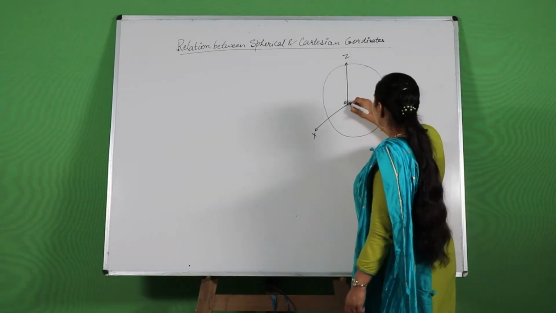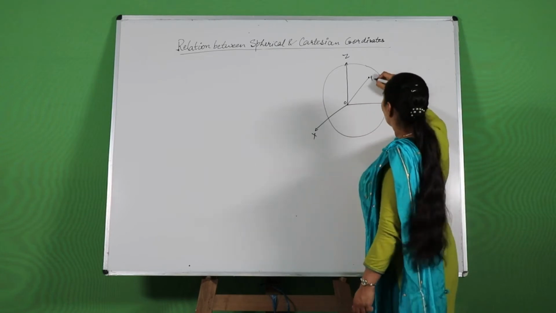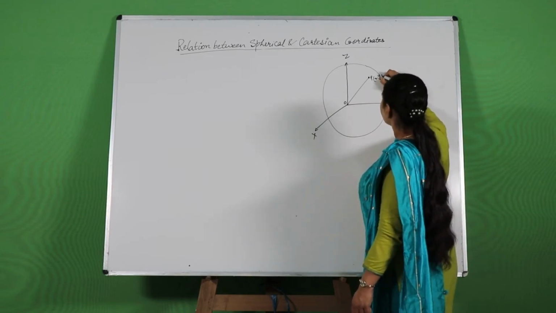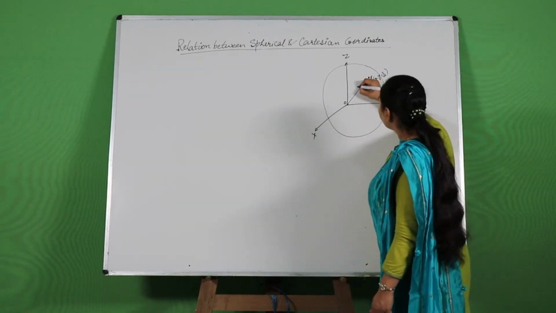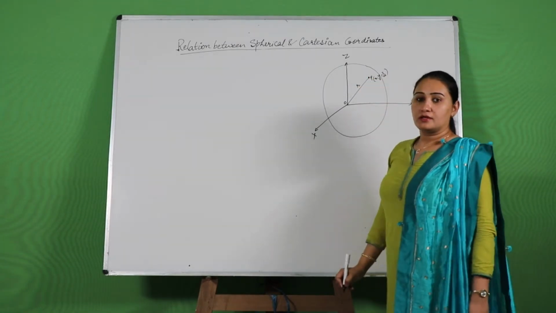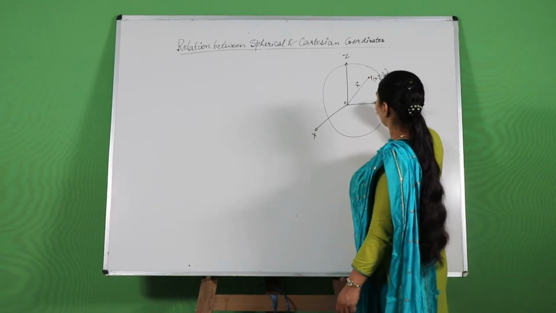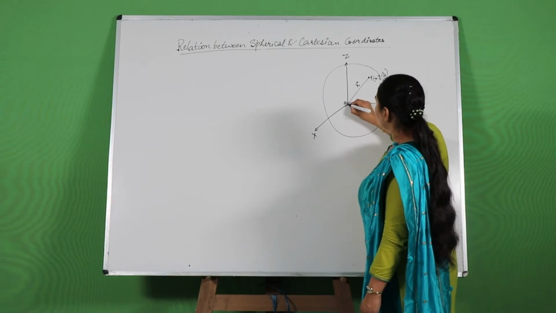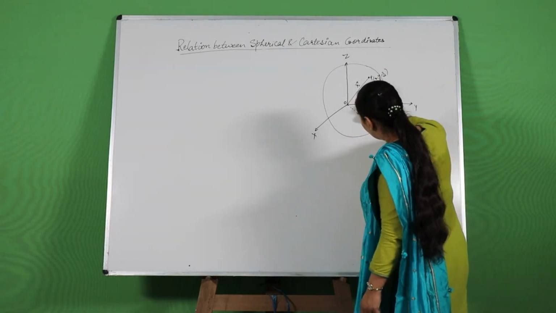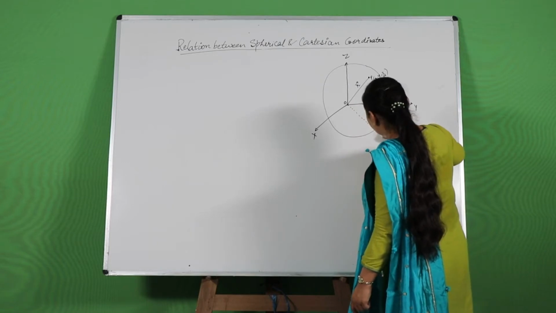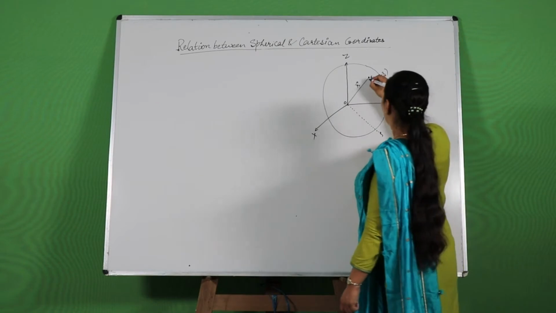Let us suppose we have a particle P over here such that the coordinates are x, y and z, and r is the distance between them, that is radial distance. Let us suppose the projection of OP, that is somewhere over here. Suppose this represents the rho axis and the distance will be rho, and